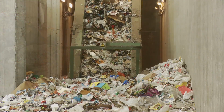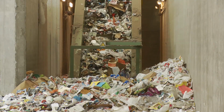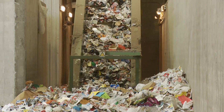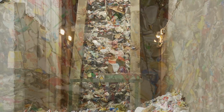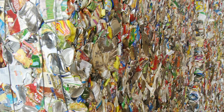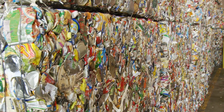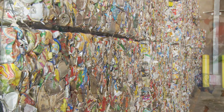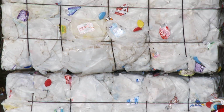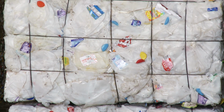This means that all recycled materials, paper, plastic, glass, and metal, are brought to the facility, mixed together in a single stream, and then separated into groups to be bundled and sent out for reuse. It is critical to sort these materials effectively and efficiently. The value of recycled materials is highest when the material is at its most pure or free from other product